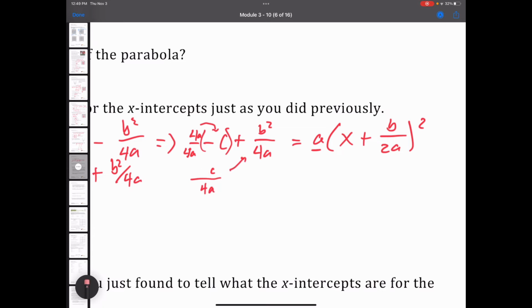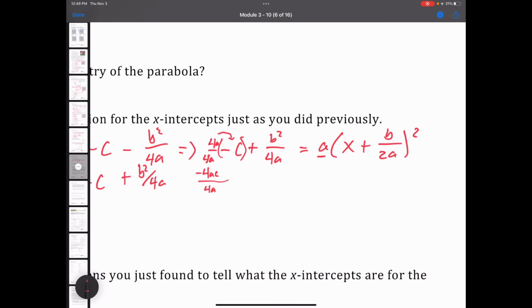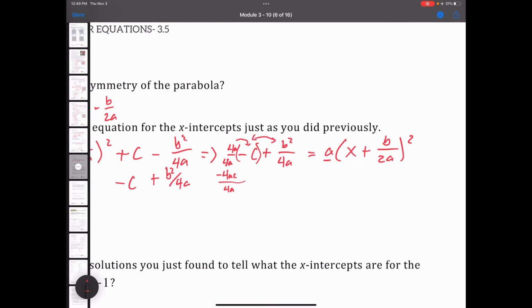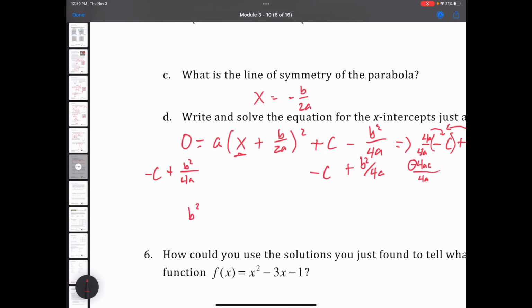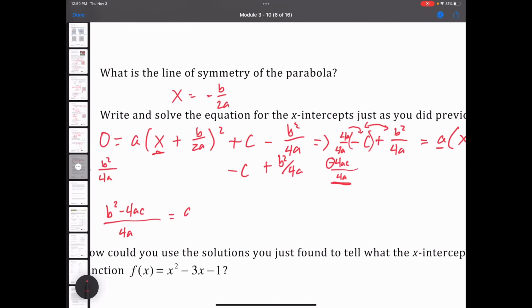So when I write that all down, I'm going to do two things here. Remembering this is 4ac over 4a, I'm going to change the order of these two as well because I don't like having this negative sign out front by itself. So this next line will be b squared minus 4ac all over 4a. So that's this portion. I'm just writing it second now. And that is all equal to a times x plus b over 2a,